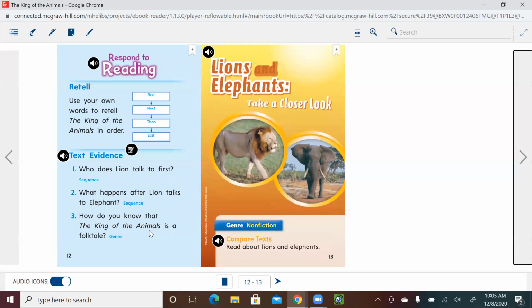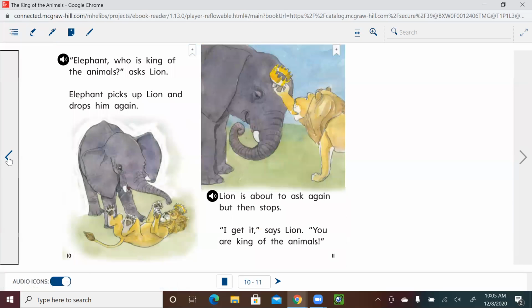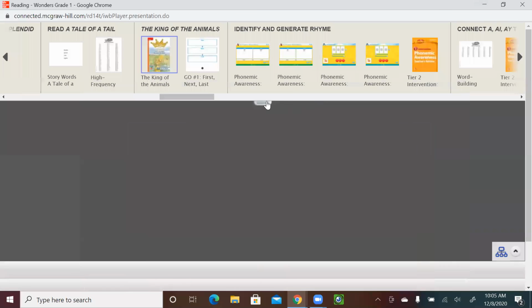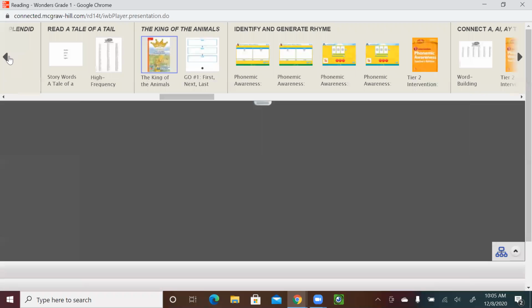How do you know that The King of the Animals is a folktale? How do you know it's a folktale? Because animals don't talk, don't act, don't think like humans. And also we know that this is not a real story. All right, so that was our story for this lesson. Let's go back